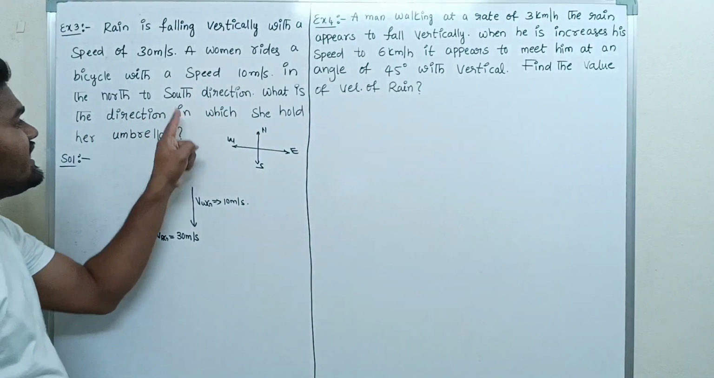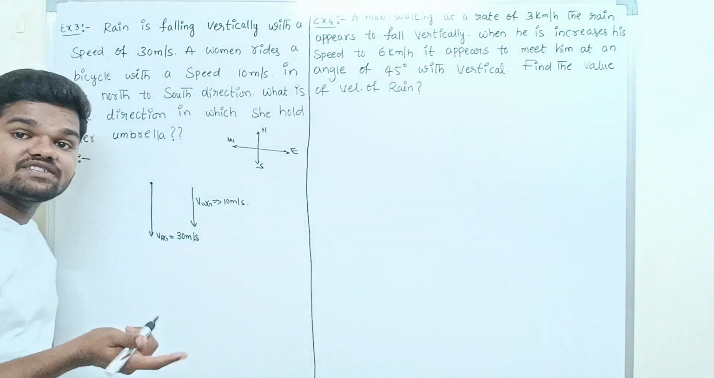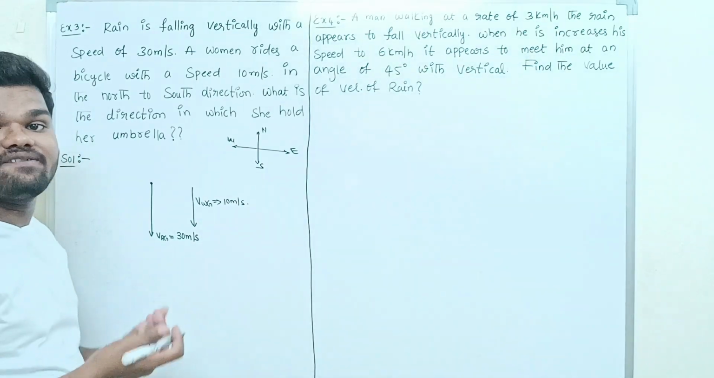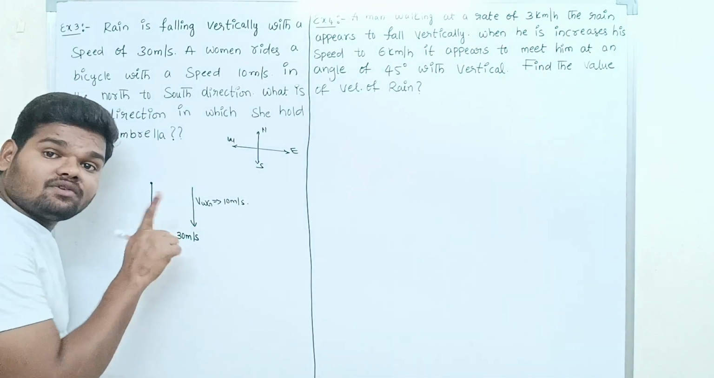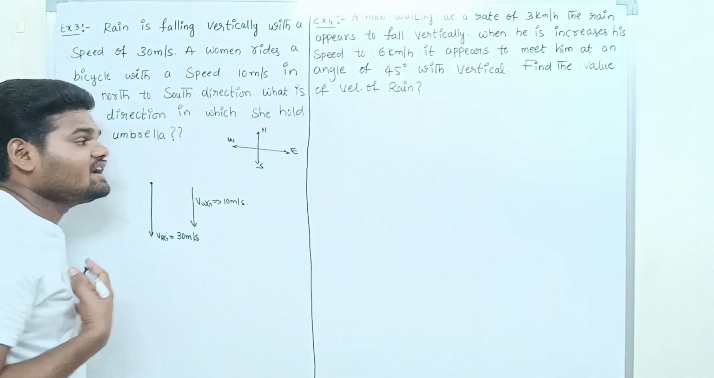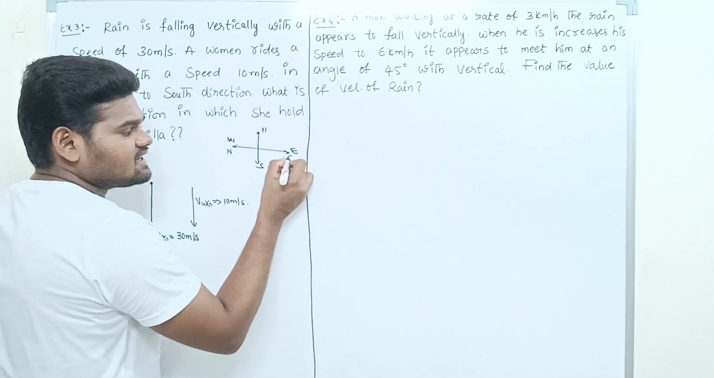What is the direction in which she holds her umbrella? In which direction does she have to hold her umbrella to prevent herself from the rain? To do this problem, for my convenience, I'm just taking this as the north direction and this as the south